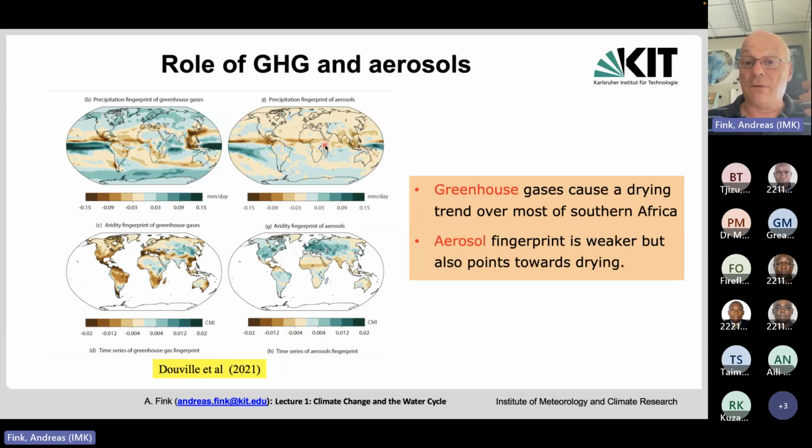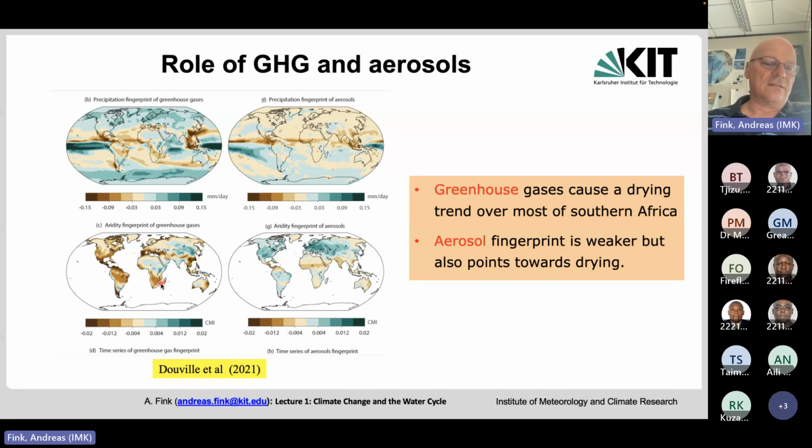Aerosols can be biomass burning aerosols. In your region, they play a large role. They can be dust from deserts or also other emissions from humans. They have a weaker signal, but they have an overall tendency to decrease rainfall. When it comes to aridity, you see a clearer signal appearing from the greenhouse gases. So in part, the recent changes in the rainfall, the recent drying which occurred here, can be attributed